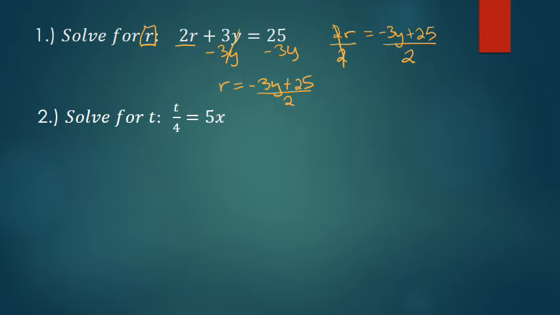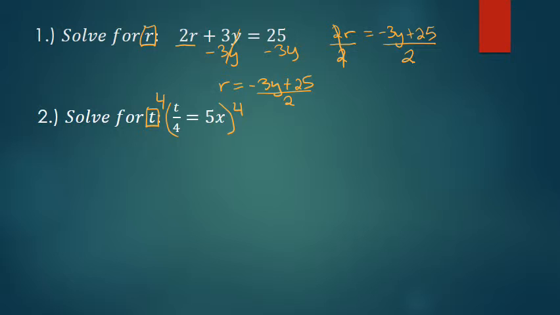My next equation, I have to do the same thing. What are they asking us to solve for? We need to get our t by itself. Now, remember that if you see a fraction, you can think of it as 5x over 1. In this case, I'm not going to do that because I have t divided by 4. What is the opposite function of division? It's multiplication. So I can just multiply both sides by 4.